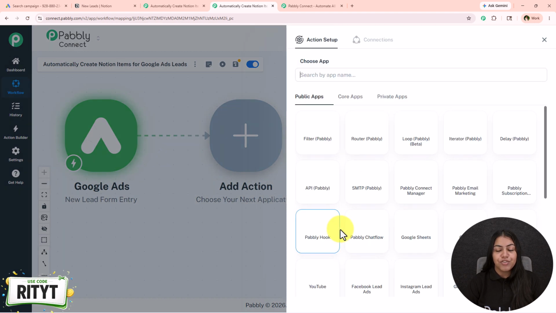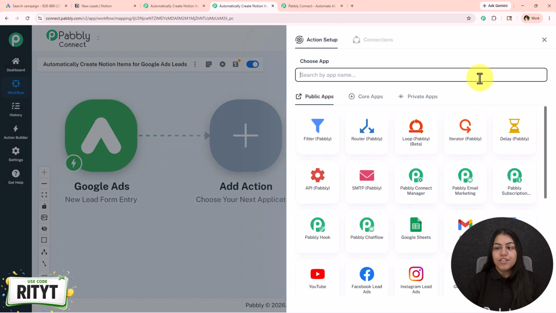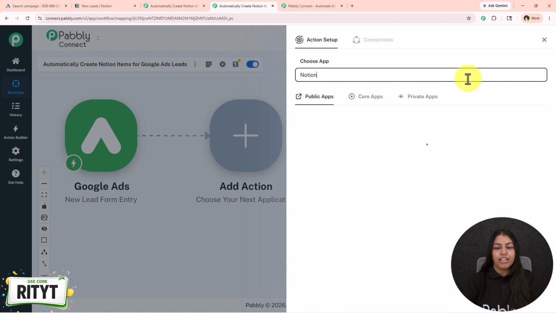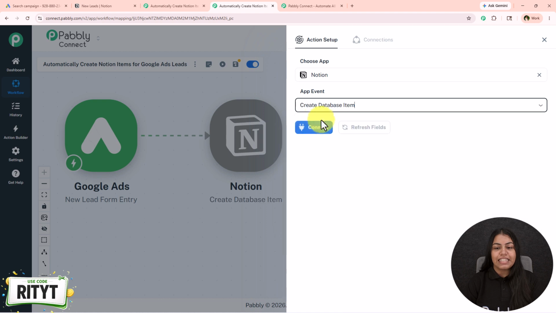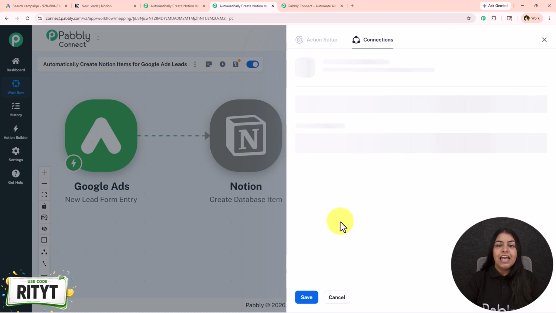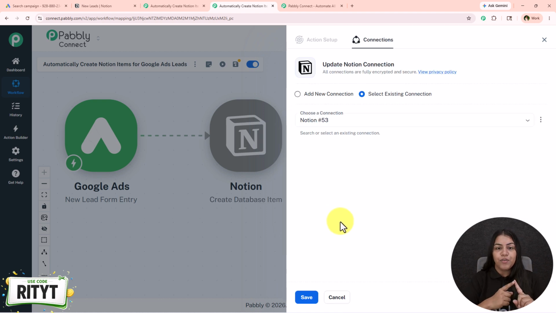For the action application, I'm just going to search for Notion. So go on the search bar and search for Notion and select Notion right over here. For the event, you have to select the event as create database item and click on this connect. Now if you have already created a connection between Notion and Pabbly Connect, then click on the select existing connection